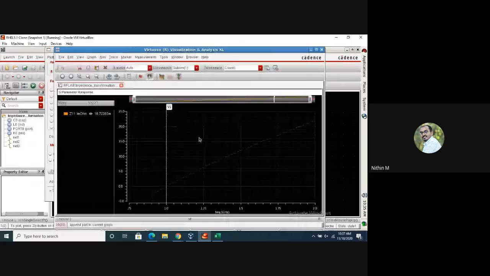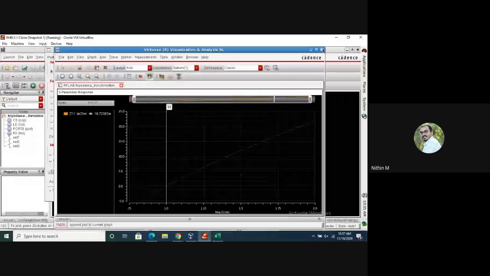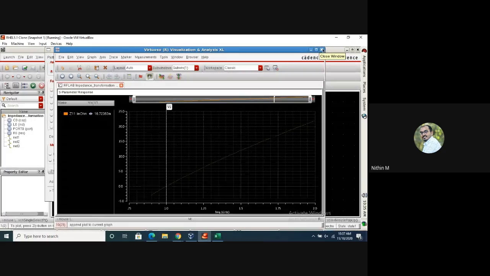So at 1 giga, the value is almost zero, right? So we are not left with any imaginary component, but with a real impedance of 5, which is the desired value. I hope, Rahul Raj, I answered. Yeah, it was from 0.9 to 2 giga. So this is for your L match. Whatever we design, we are getting here.